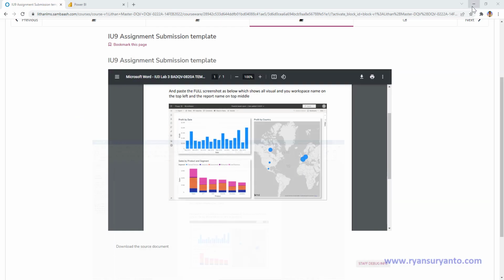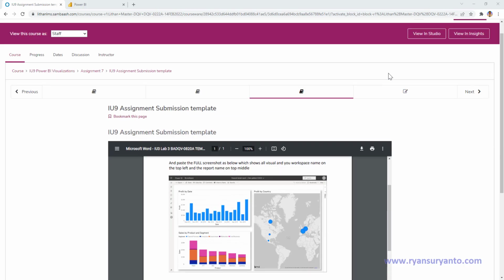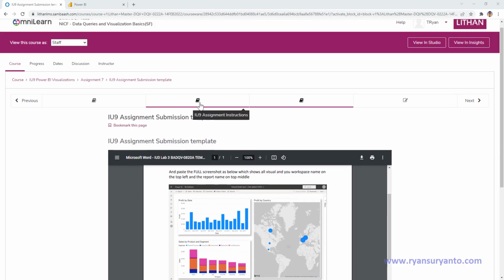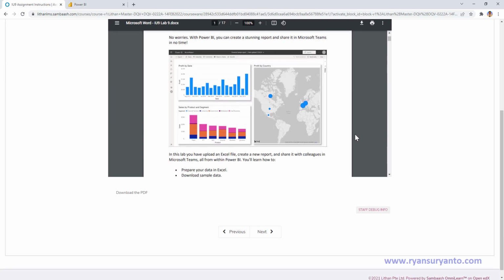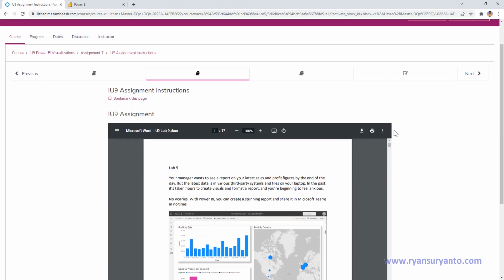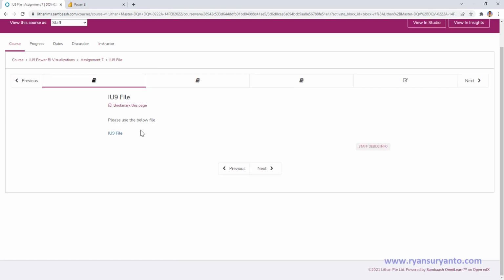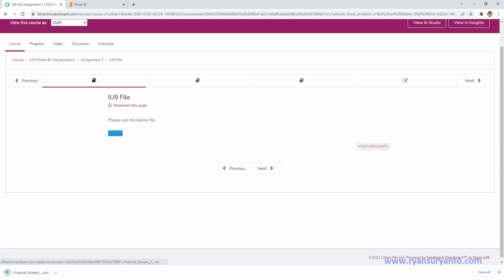Okay, download the financials Excel, the dataset, this one. Yeah, this is the financial sample dataset. You download it,